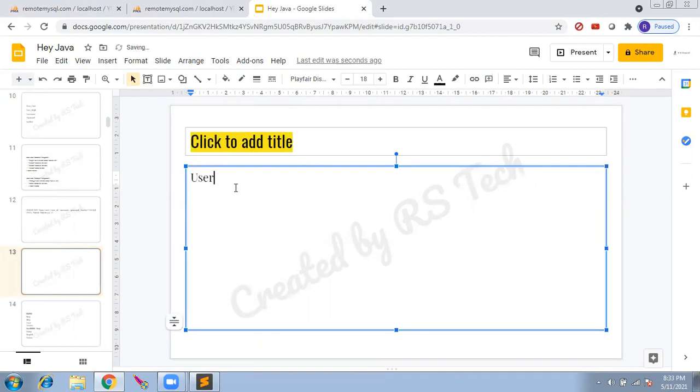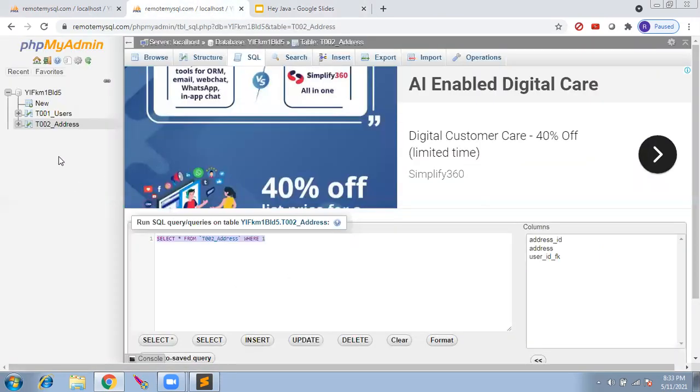Rajesh, I have one question here. The primary key and the foreign key, we are going to get the values from the primary key. That's the use of